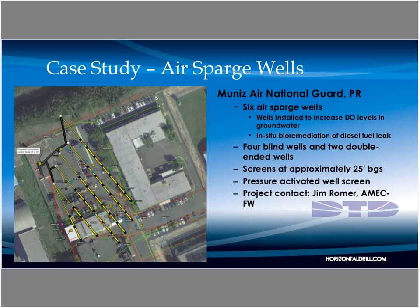A case study at Muniz Air National Guard Base. This was where Jim Romer and I first worked together. Jim had an interesting project. I believe it was a diesel fuel leak that was in a sandy soil at a National Guard facility. I think from this aerial photo, it may have been traveling north towards the top of the page, and Jim schemed up a series of 6 wells,